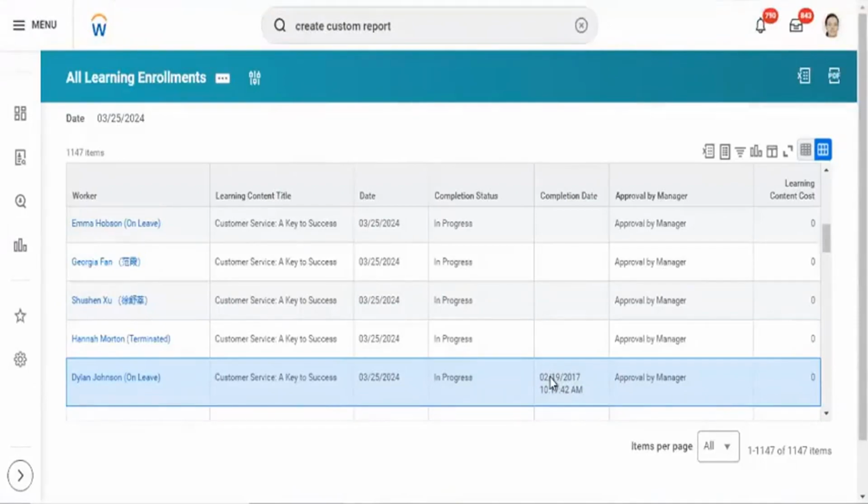The employee enrollment is completed, or it has gone for manager approval, or it is sitting with manager approval. It shows you whether it is sitting for approval or it is completed. All this kind of information you should be getting from learning enrollment related reports. There are two things. One is if you want to know the course completions. That's a different case. And if you want to know the completion of the enrollments, that's a different case.